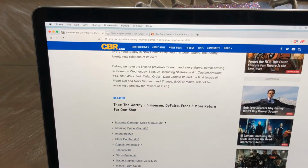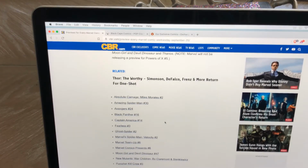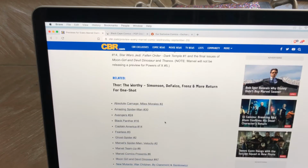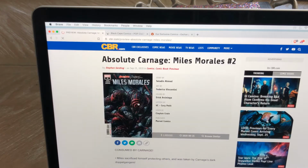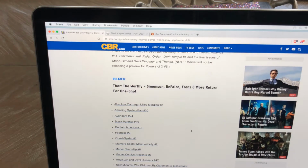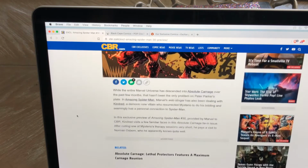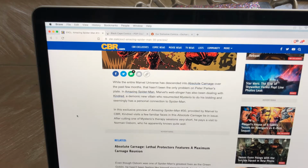There's also some previews of some books coming out. Yeah, I like that Miles Morales cover for issue #2. I ordered that. Amazing Spider-Man #30. I know that's probably going to be a big book. It'll be tied into the Carnage run. We're going to probably find out more about Kindred, the new demonic villain that